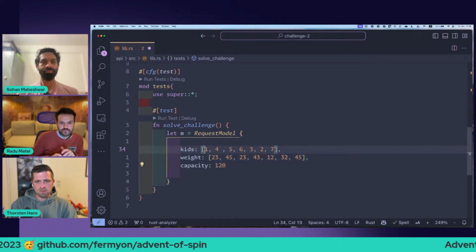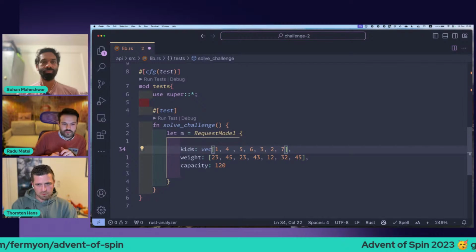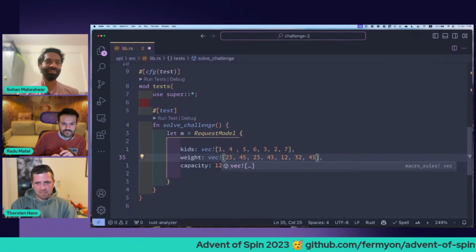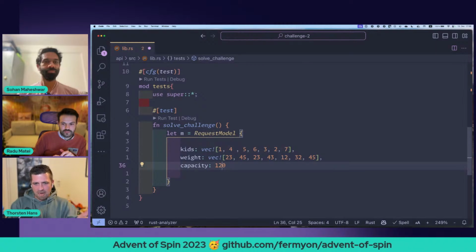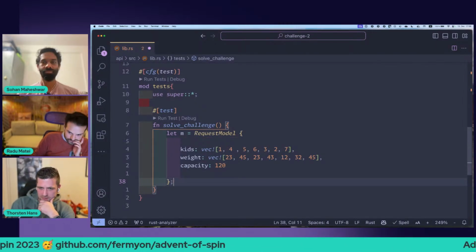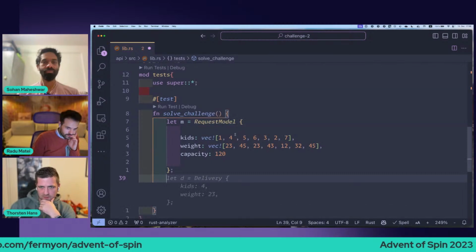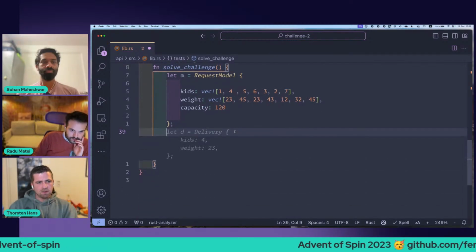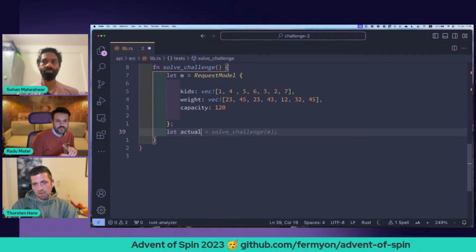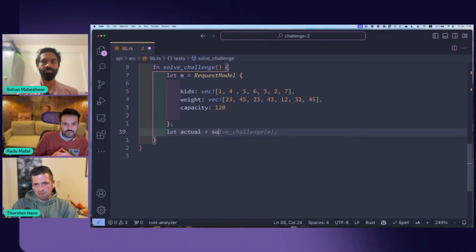I'm reconfiguring my system. That's why the multi-line cursor does not work. Okay, so that's the actual payload that's mentioned in the challenge. Then let me scroll up a bit. From here, I would say I expect to get an actual result by calling into my solve method, and somehow we have to add access to the request model there.